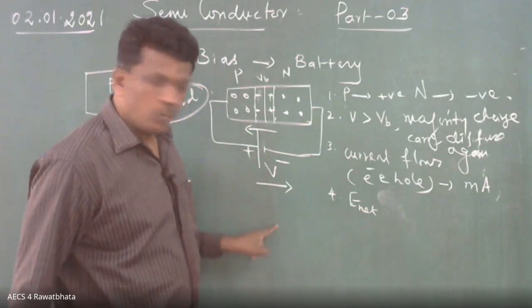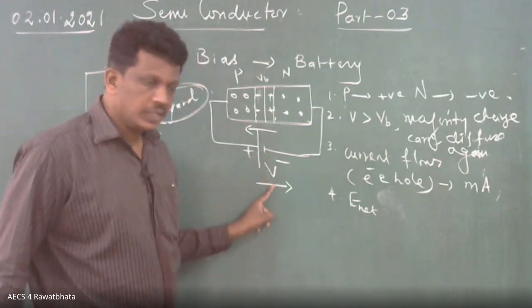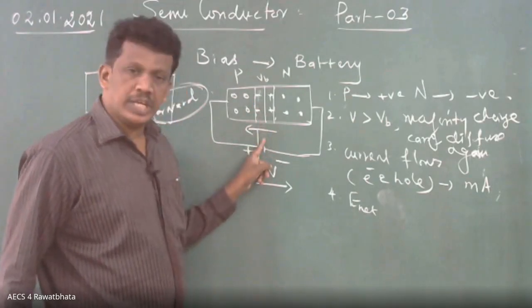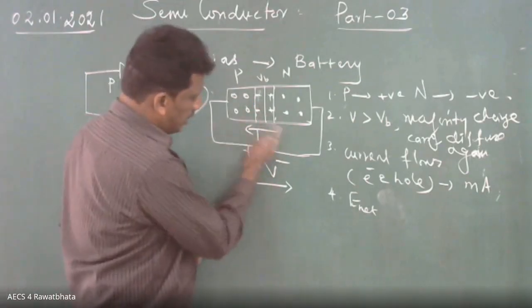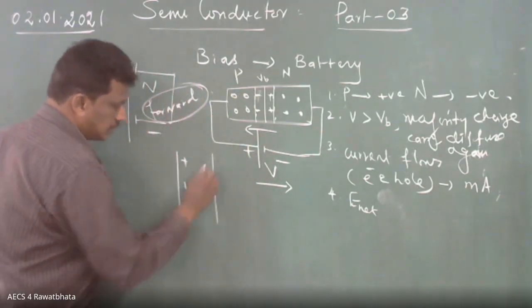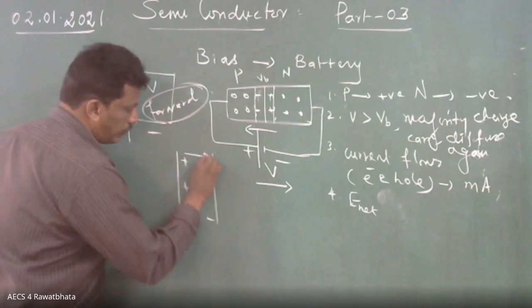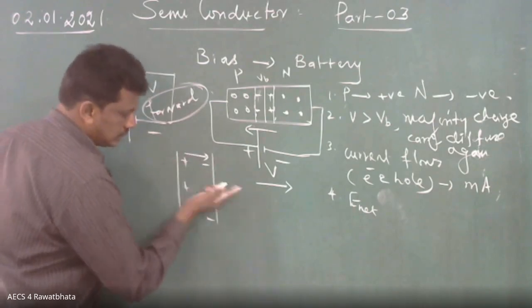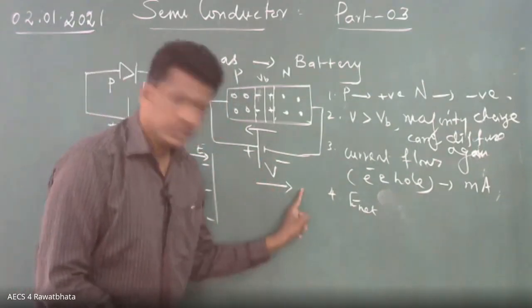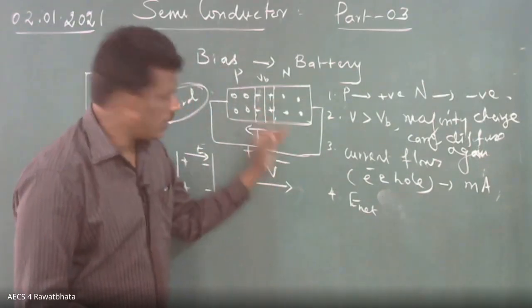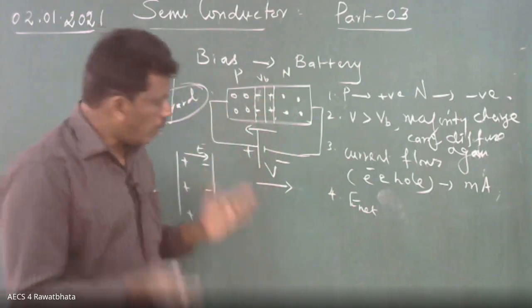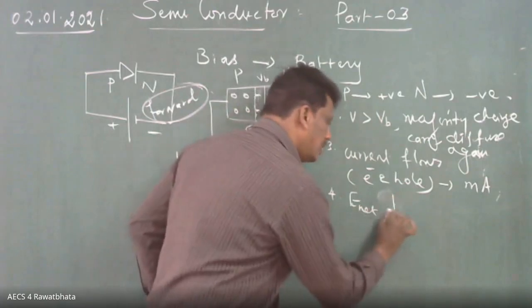Opposite, no? One field is due to the applied battery, the other electric field is due to the internal potential barrier. How do these two act? In a capacitor, you might have read, suppose this is plus, this is minus. So what is the electric field? Plus to minus, away from plus. That is the electric field. Here, this is plus, this is minus, so plus to minus. How are both acting? Opposite. What happens? The net electric field decreases.